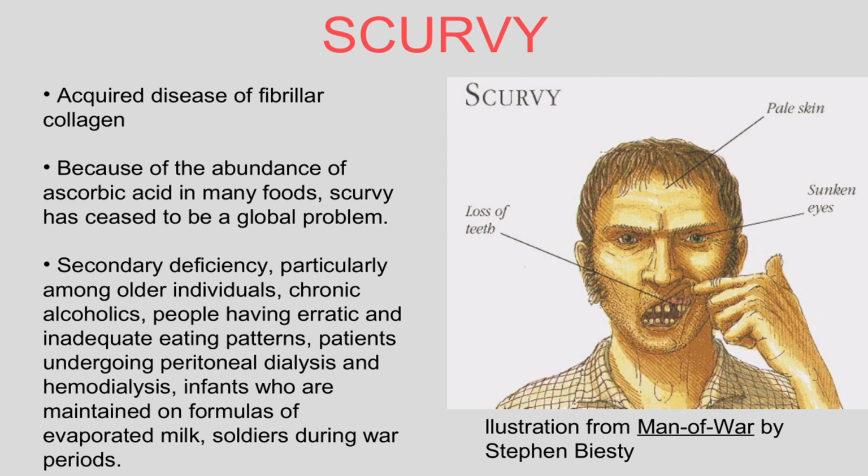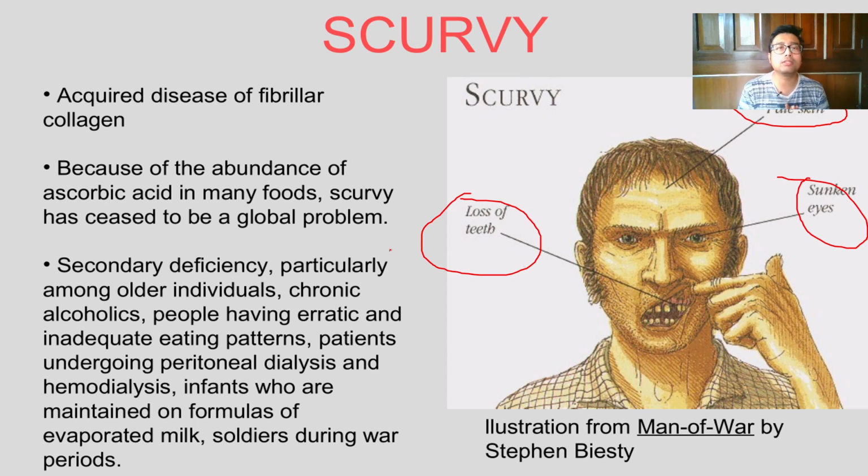So the first thing that is required is scurvy. Why is scurvy so important? First, scurvy is known by everybody, because you have been studying it since your nutrition days, and you can see the features over here. Most of it you already know. Vitamin C deficiency is very common. So: pale skin, sunken eyes, loss of teeth. The main complaint that patients, especially kids and adults, make is bleeding gums. What happens in scurvy?